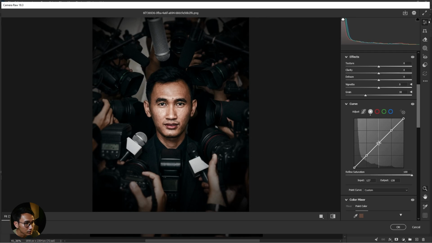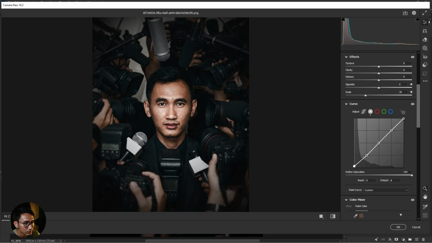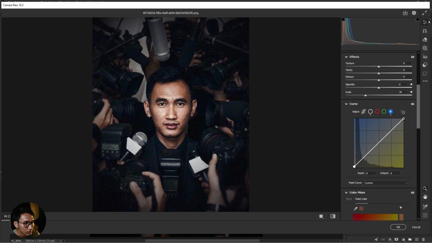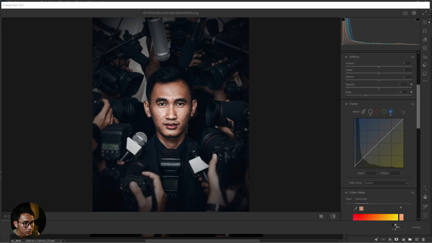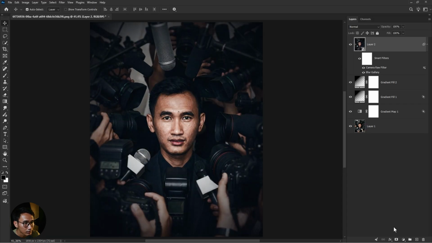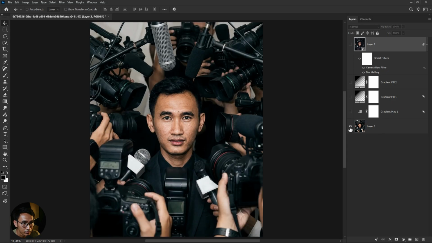click and slide, blue color, before after. Okay, before after, and before